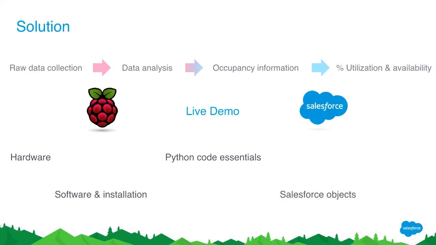We'll also talk about the Salesforce Objects. They're very simple for this application, but we will cover those so you know what the targets are for where the data is going. Lastly, we'll show you the utilization report that we built, but the details of that are outside the scope of today's discussion, but there's some great modules on Trailhead if you're looking for some learning opportunities for the reporting.